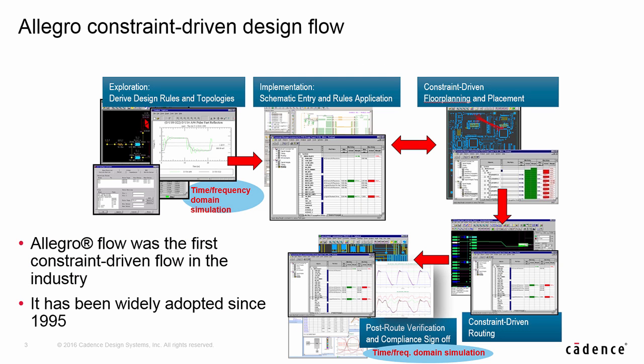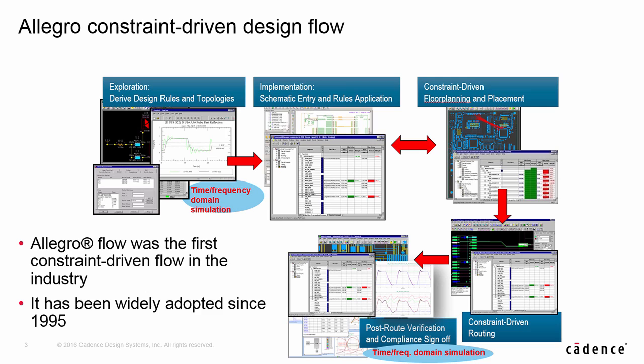Let's go back a little to see how the sign-off flow we just discussed evolved. The flow is basically constraint-driven, without integration with layout environment. It originated from the first industry constraint-driven flow, that is the Allegro constraint-driven flow, which was introduced to designers in